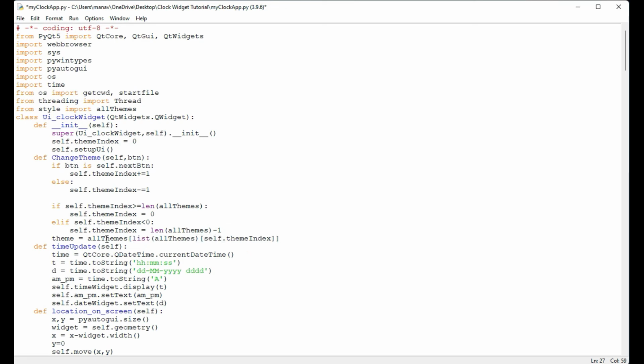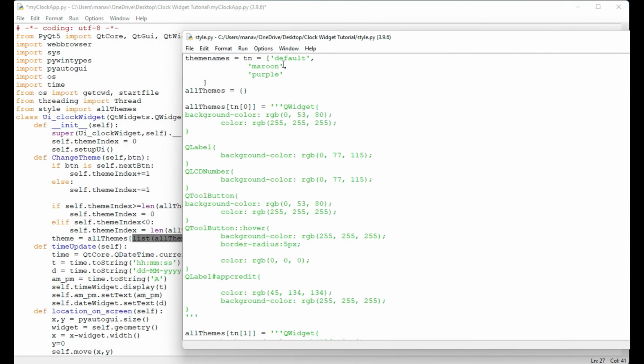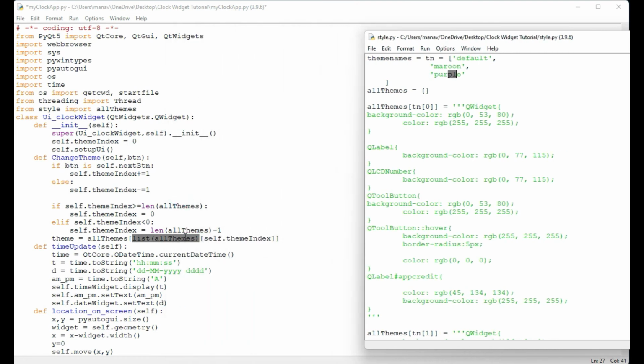So what I'm doing here is that I'm just using all themes and converting our all themes into the list, and after converting into the list we will get only the keys: default, maroon and purple. This will be in our list. If you convert any dictionary into a list, then only the keys will be saved.